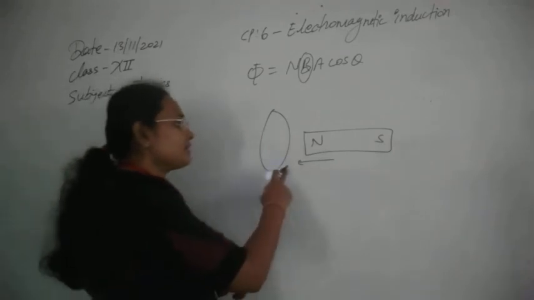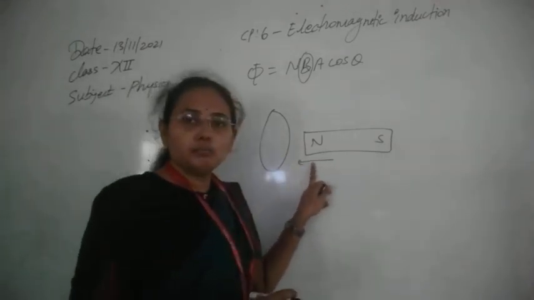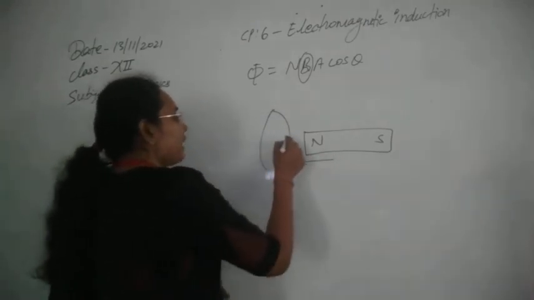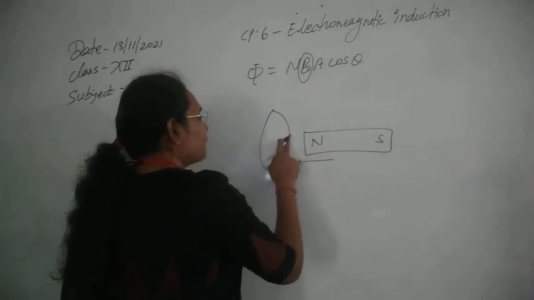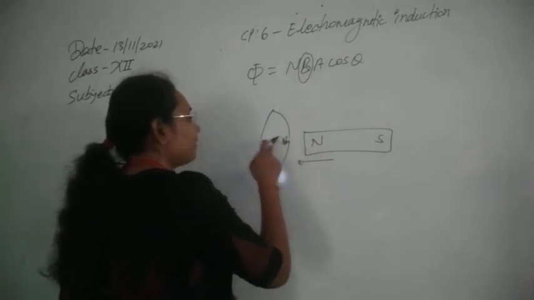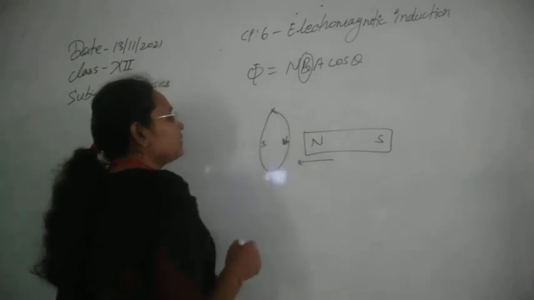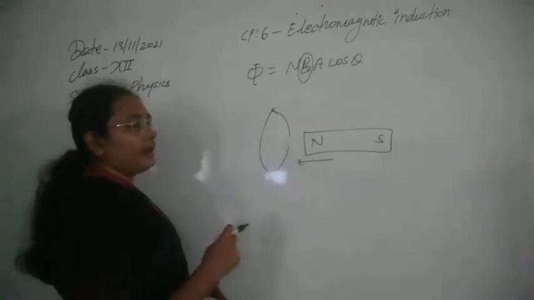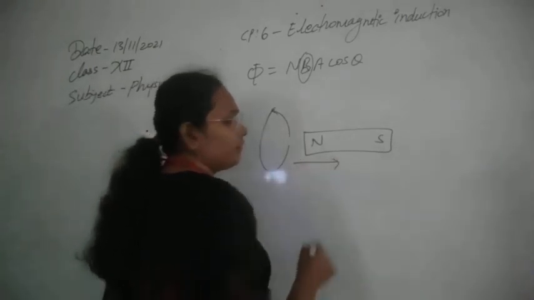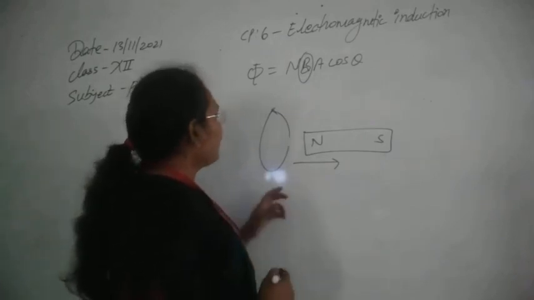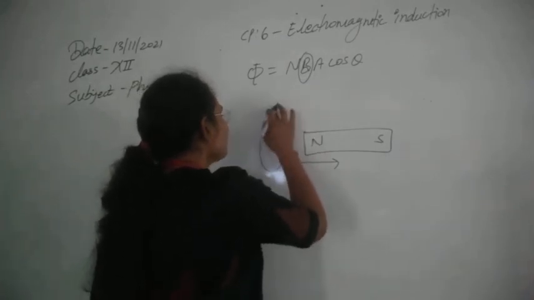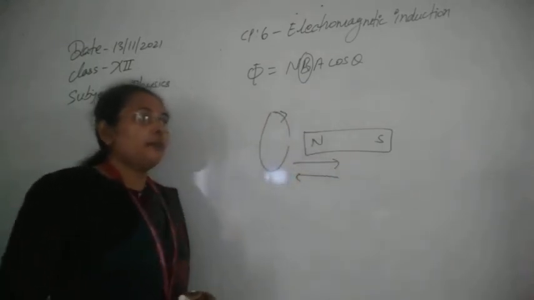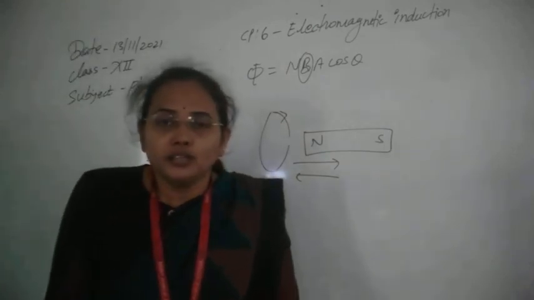Now the current will have a direction in such a way that it can reduce this movement of the magnet. For that, this end of the coil will start to behave as a north pole, and the other end will start to behave as a south pole. So we can show the direction of the current in such a manner from here to here. Similarly, if the magnet goes away, then the coil will induce a current in the opposite direction, so that it can attract this magnet towards it to oppose any change in flux through it. This was the first method.